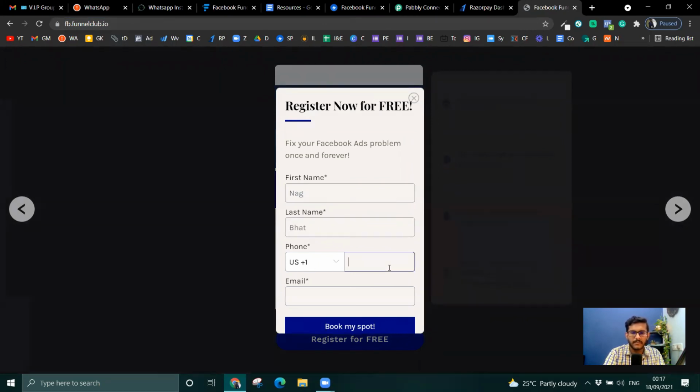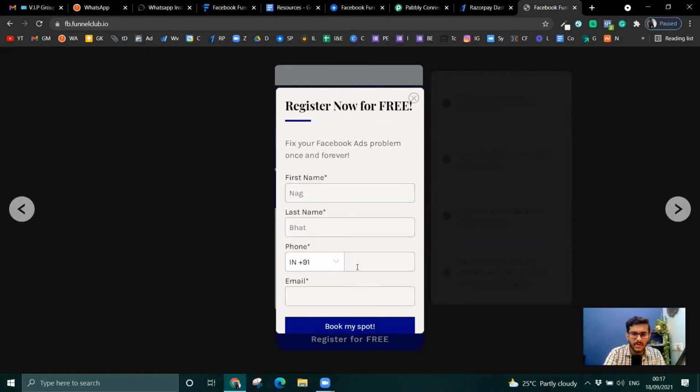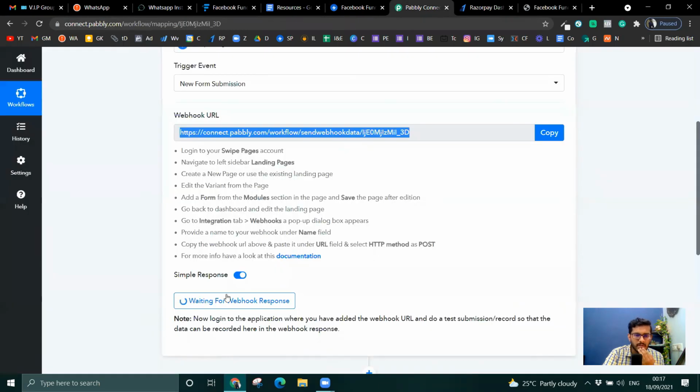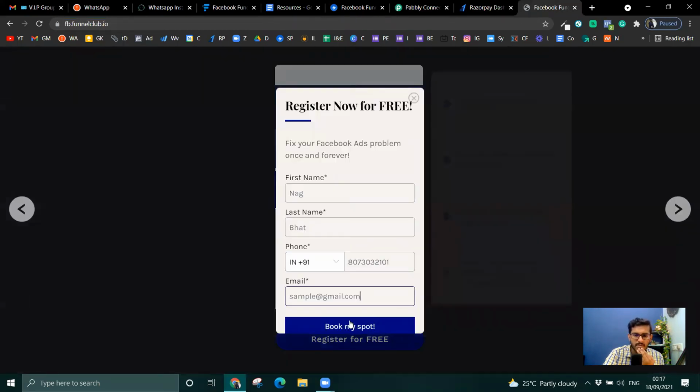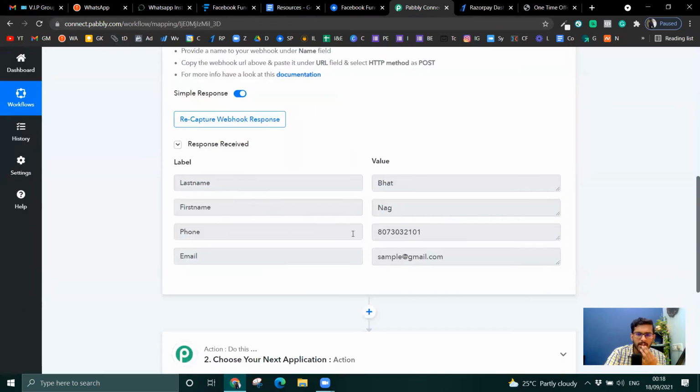This matters a lot, so I have to make sure I give the proper one. 91 807 303 2101, one number. Sample at gmail.com. Let me see if this is okay. It's waiting for capture, so I'm just gonna say book my spot, and it got captured. So my data got captured here.